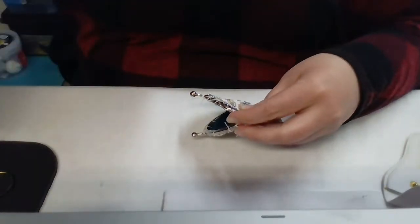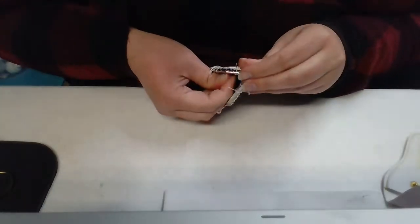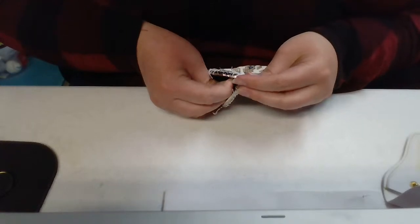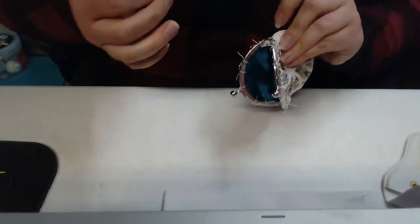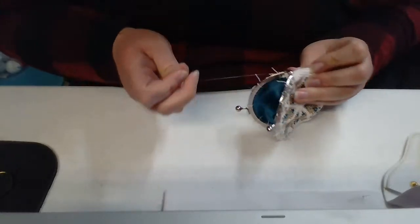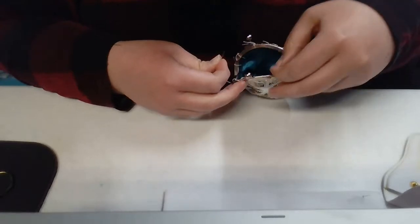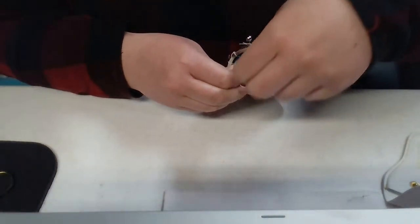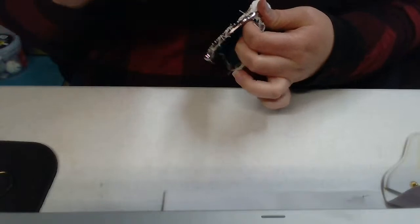Ugh. It's getting stuck on everything. Okay, 1 more. I just have to go down through here. Yeah. It keeps getting stuck on the stuff, like this thing. The little clasp. It keeps getting stuck there and then...